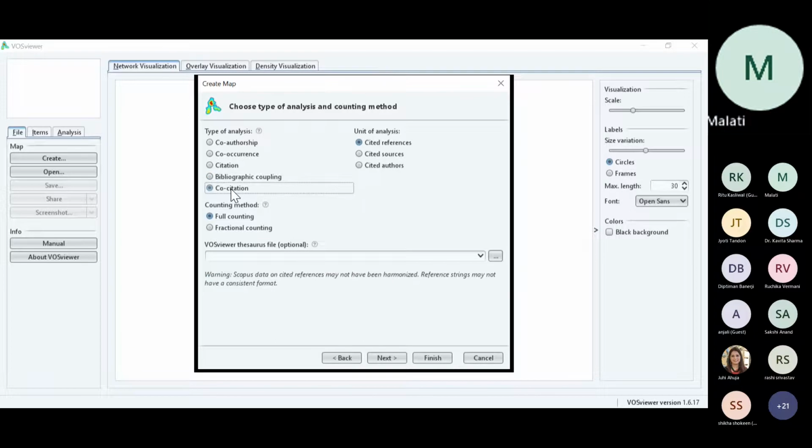Then co-citation, it is based on the cited source. That means how people have cited the work of others. Okay, so co-citation will provide you the analysis related to the citations of others' works. Right? So based on reference or source or author, you can conduct analysis. Right? So let us start with the table which we had seen